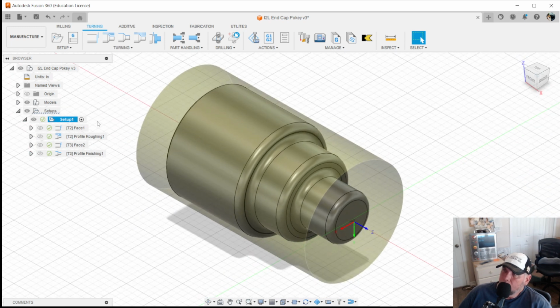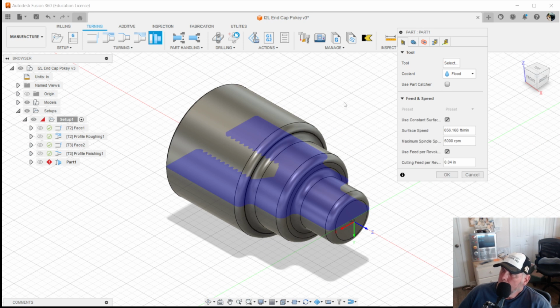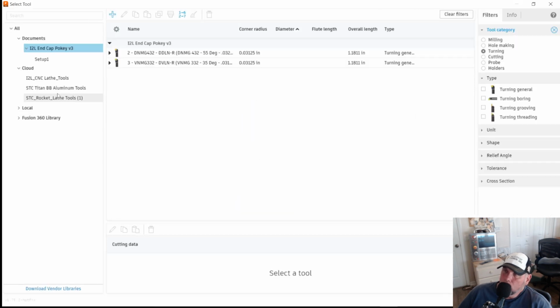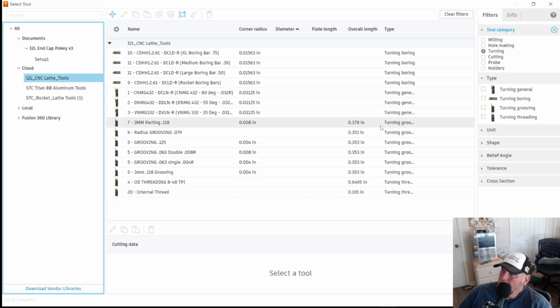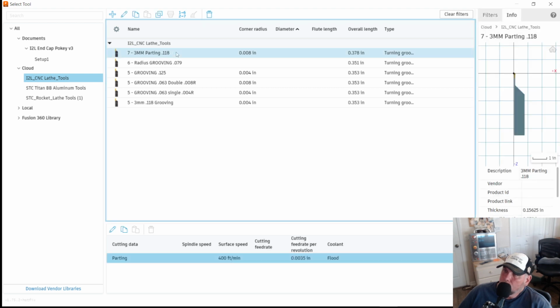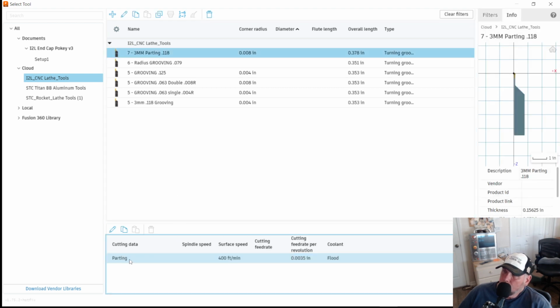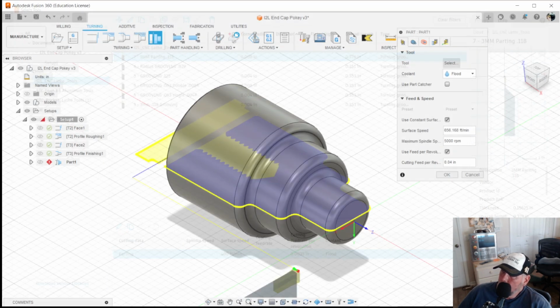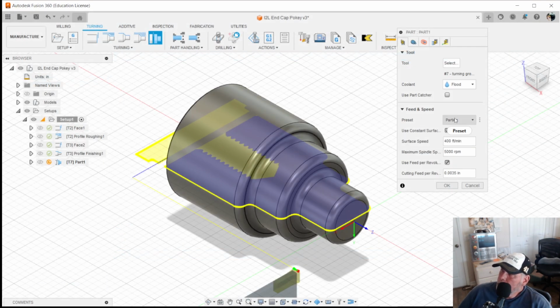This is where parting comes in, not part handling. Parting. I'm going to use a tool. Let's go to the tool library, ITL. It's actually considered to be a grooving tool. And even right there, put 3mm parting tool. I'm going to use number 7 with the cutting speed of 400 feet per minute and the feed rate of 0.005 per revolution. It says right there, parting,